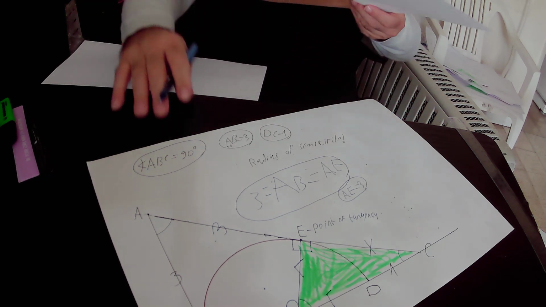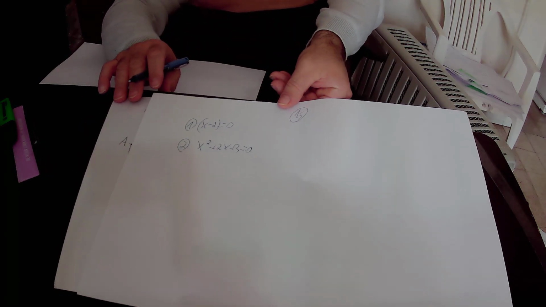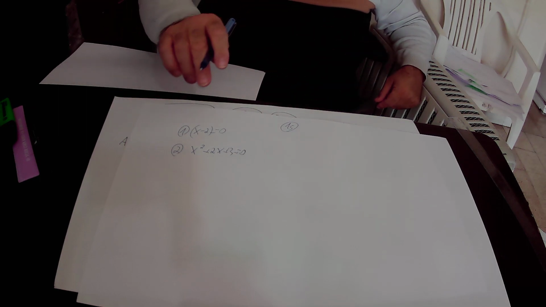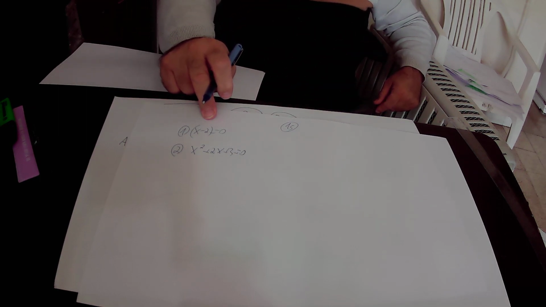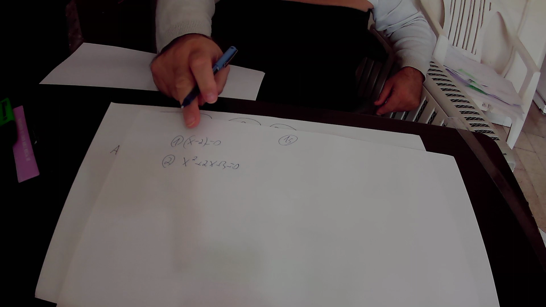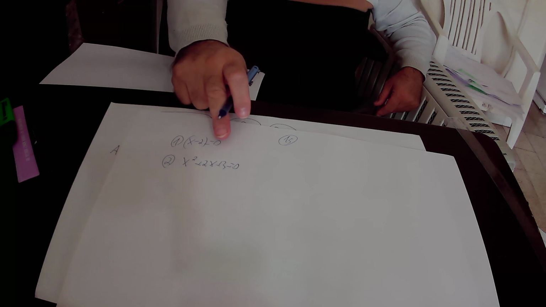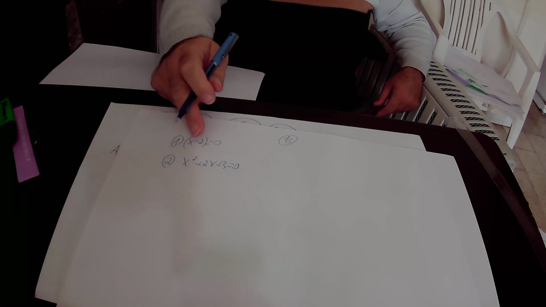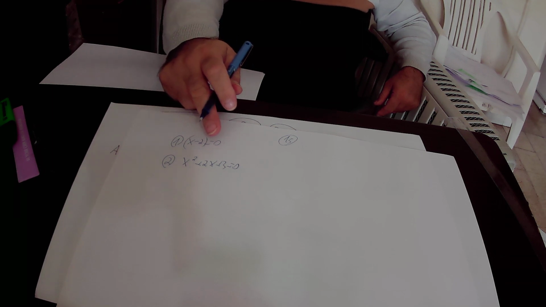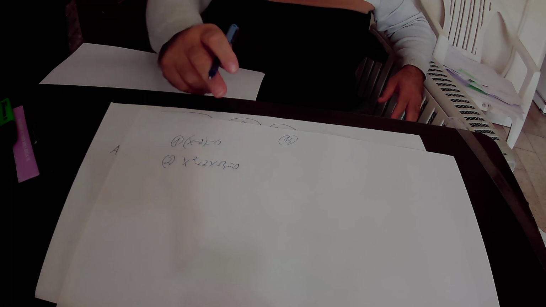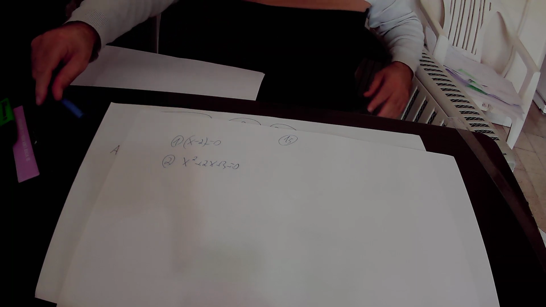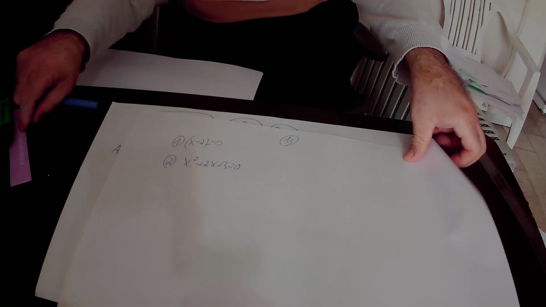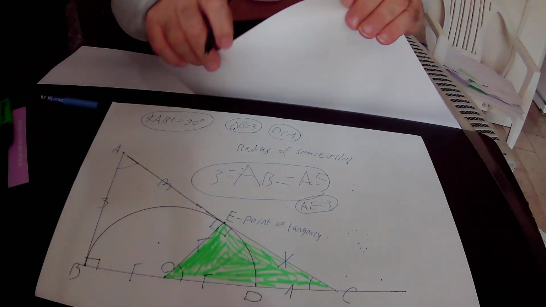I'll repeat again. We have two possible solutions to equation number 1. Either x minus 2 equals 0, or x squared plus 2x plus 3 equals 0. So we will focus on the second solution. The second solution, x squared plus 2x plus 3 equals 0, is a quadratic equation. And the general formula for a quadratic equation is actually